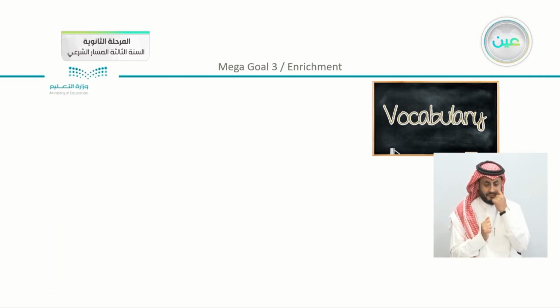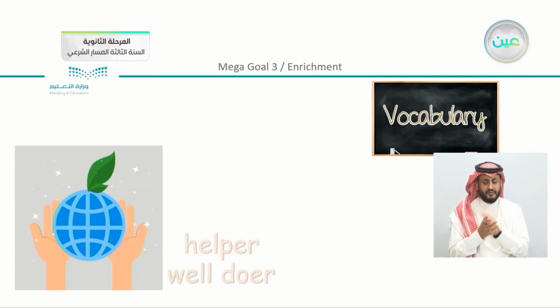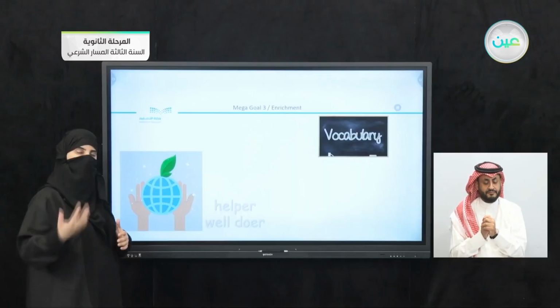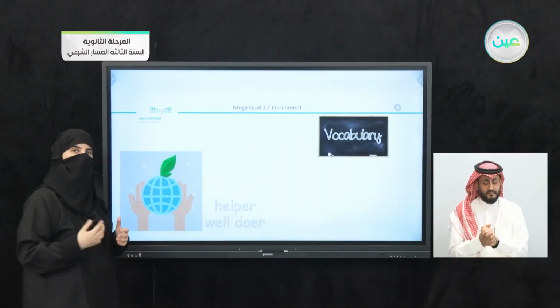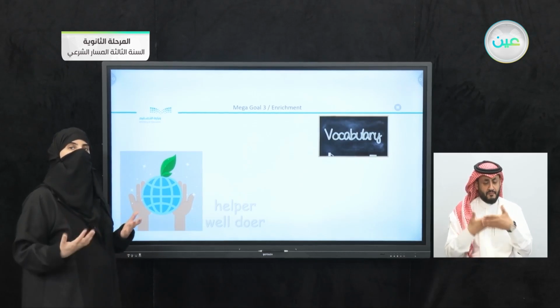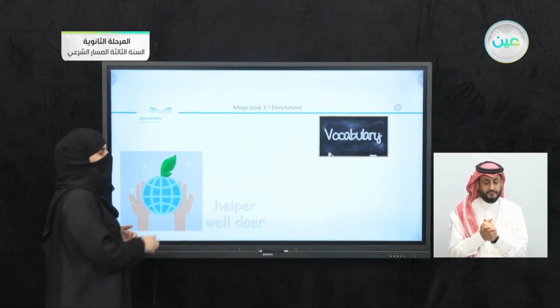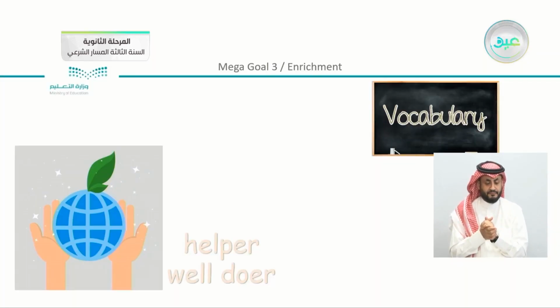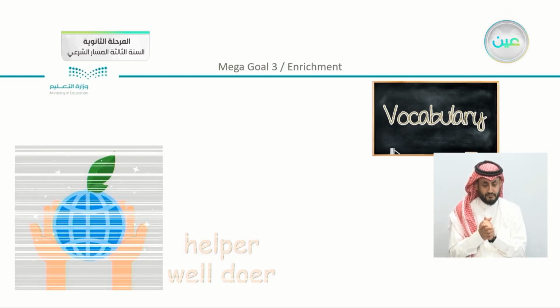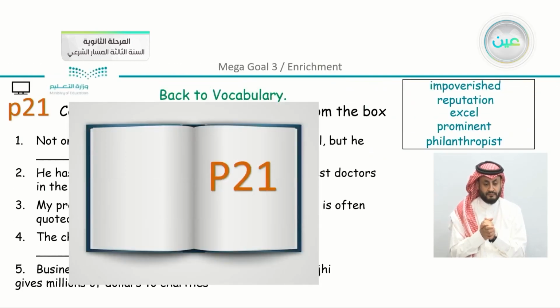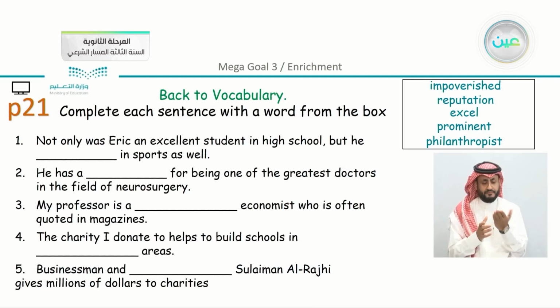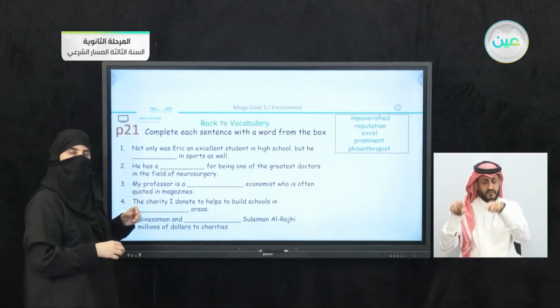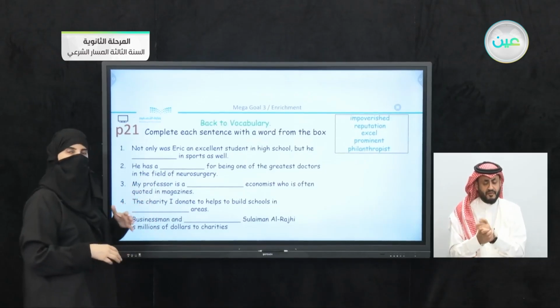Okay, we have the third or the last word, that you are going to give something to someone else. What did we say? You are a person who likes to give or to help other people. Now we said we had also the word, as we have here, helper, well-doer, or we can say philanthropist. On page number 21, we had the words. Okay, if you just recall the exercise here,